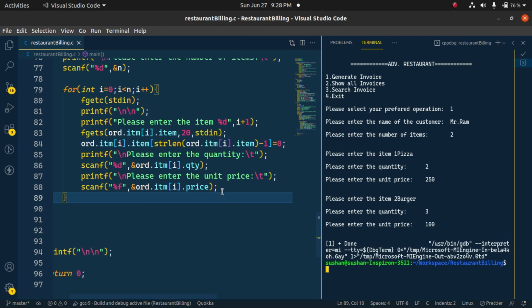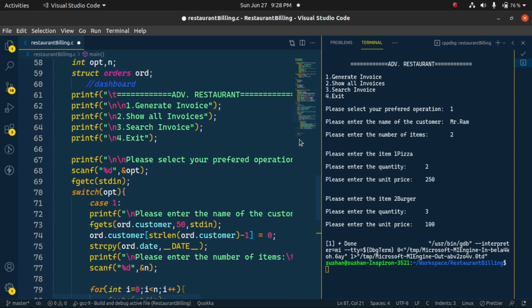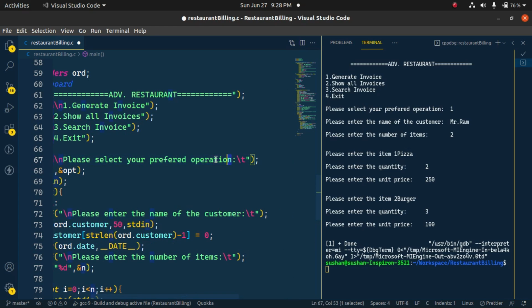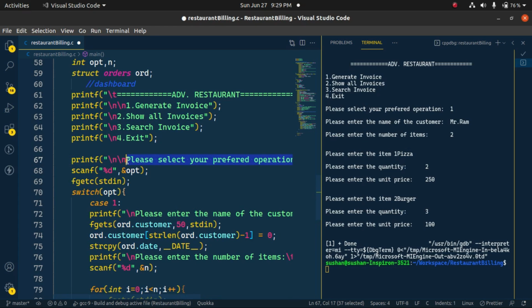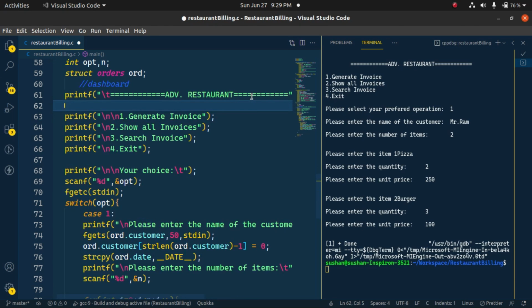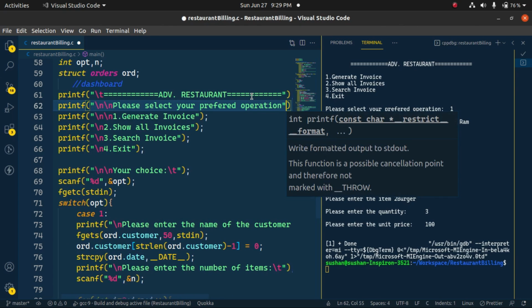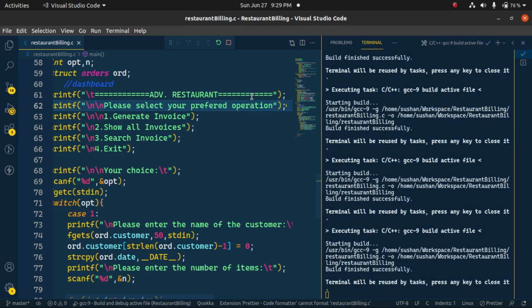So let me refactor something here. I am going to give some tab here, and I am removing this new line here. And one thing I am going to do is, let me cut this out, let me say your choice, and let me print this in the top. Yeah, Control V. Now if I run this,